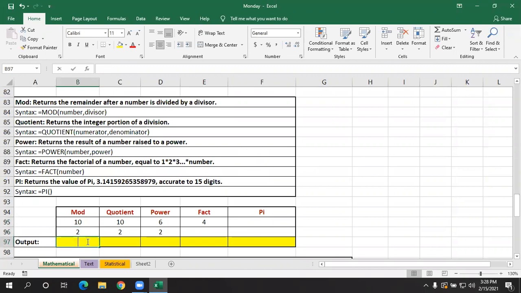Here, I'm going to use the function MOD. I'm giving the number 10. I've already entered a number here, so I'm going to select the cell. Then I'll give a comma. Then I'll select the divisor as 2.